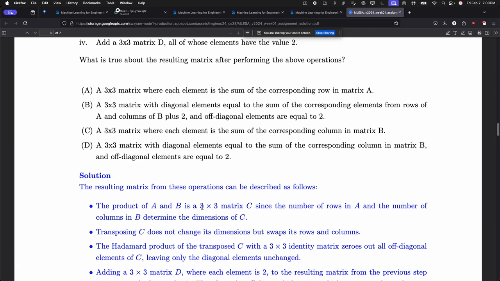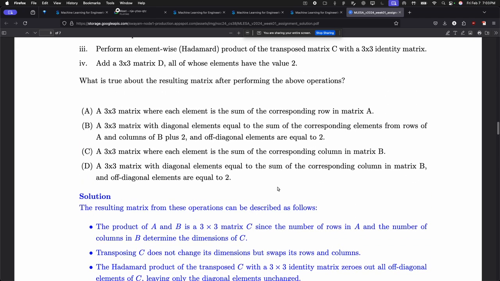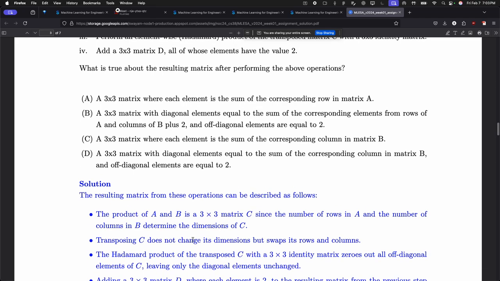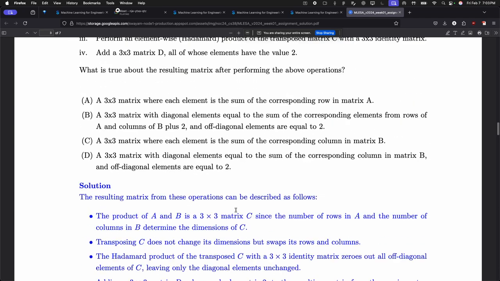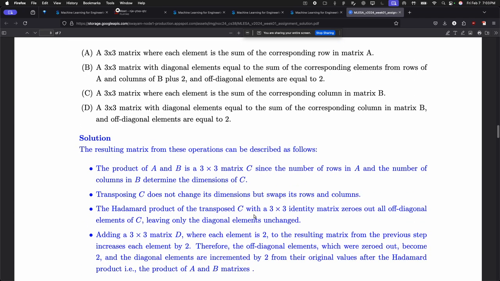The product is a 3 cross 3 matrix C, since the number of rows and number of columns determine the dimensions. So this becomes a 3 cross 3 matrix. Transposing C does not change the dimensions but swaps its rows and columns. Okay, the Hadamard product of C with an identity matrix zeroes out all off diagonal elements, leaving only the diagonal elements